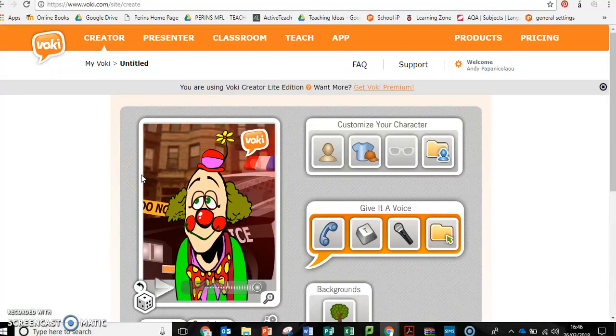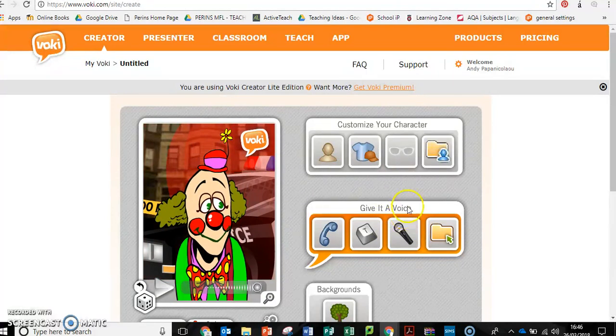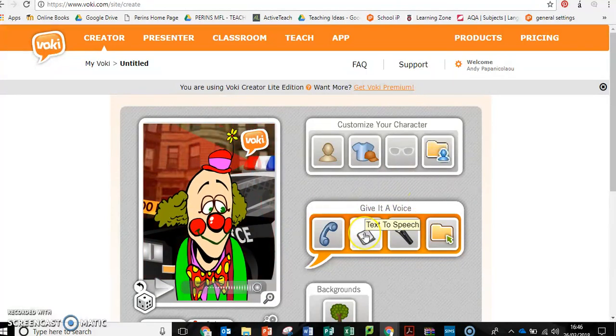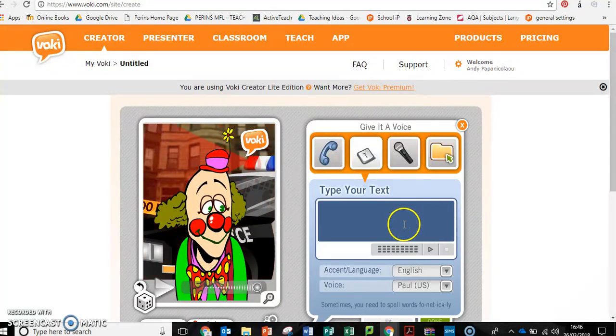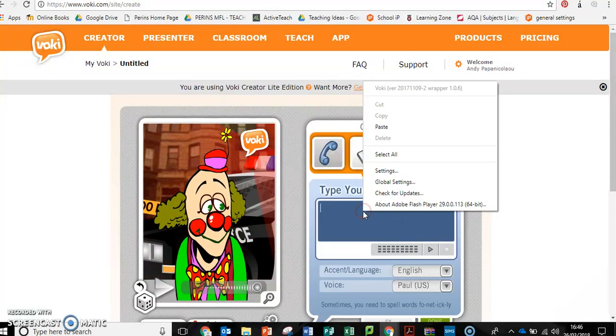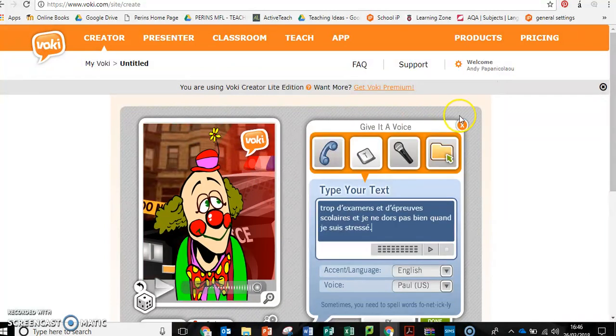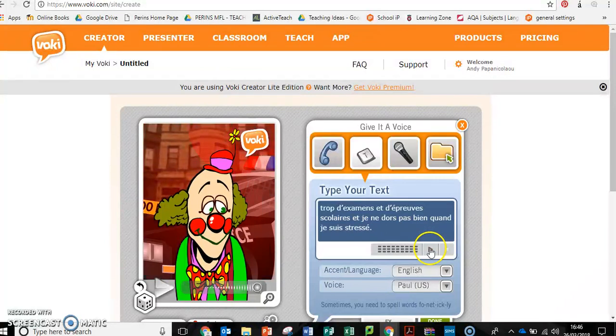The only thing that we need at this stage is this button here. So give it a voice, text to speech. So I'm going to click that open, and you'll see that a box opens up. Now, if I just right click again and click paste, of course I could have also done Control V, I can then play this. Now, if I play it, so this is French that's in here at the moment. If I just play it like this,